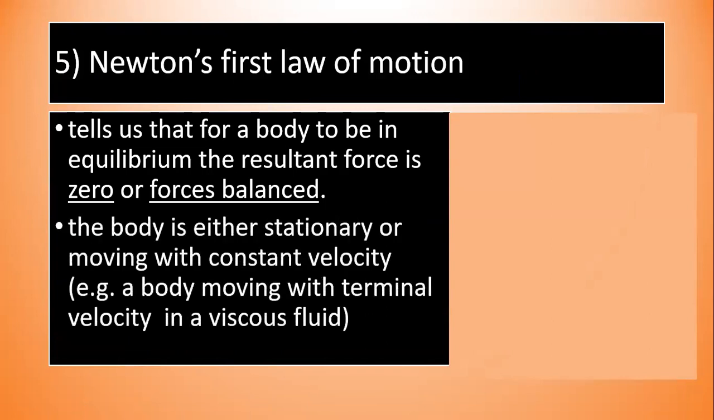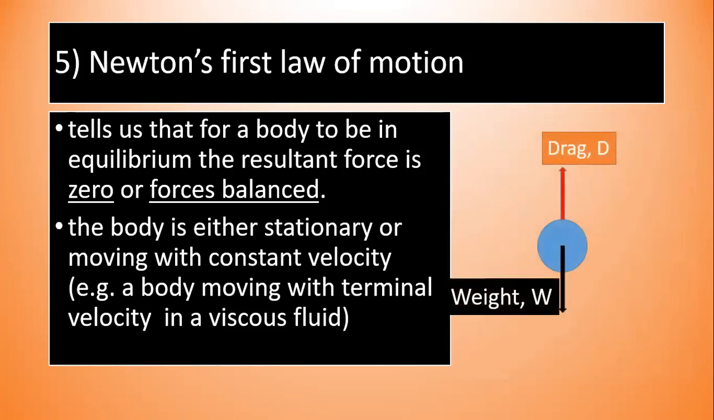The body is either stationary, that means not moving, or moving at constant velocity, that means moving at constant speed in a straight line. Example of such a body: a body moving at terminal velocity in a viscous fluid. Okay? Not in air, but in oil. You drop a ball bearing,